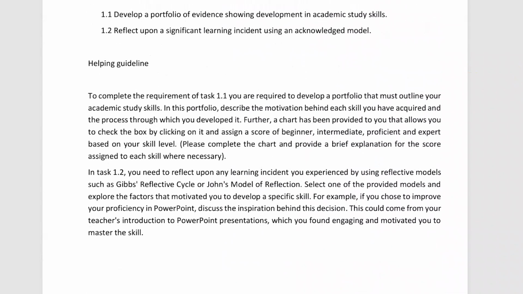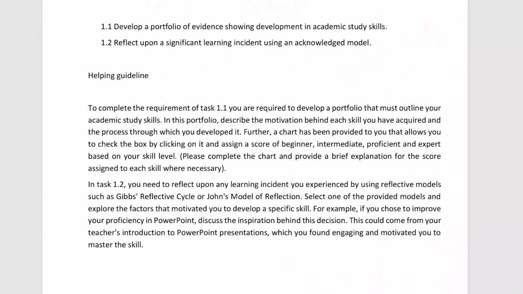Now, moving towards assessment criteria 1.2, you need to reflect upon a significant learning incident using an acknowledged model. You have to write a reflection on your learning experience, in which you can discuss what exactly happened, how you felt at that specific time, what you specifically learned, and how it helped you grow in that area or skill.